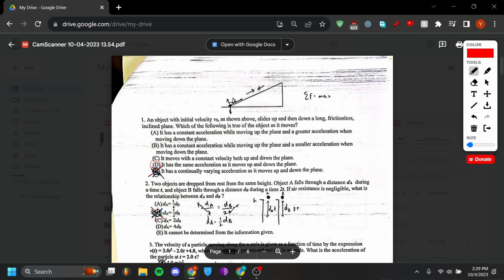It's D because, for example, there's no force acting on it in the other direction other than the normal force, of course, which is just going to be the same, but the acceleration is just going to be the same as it moves up or down. And some basic physics principles that you could use would be the notes, for example, that we did on the kinematics